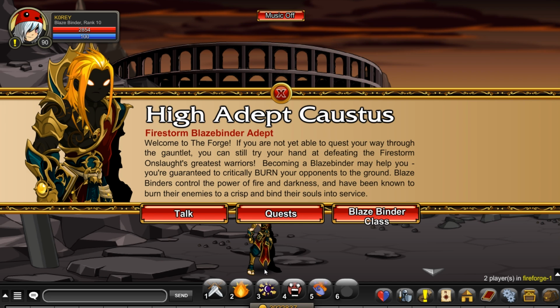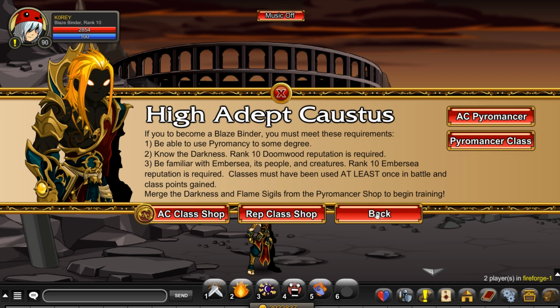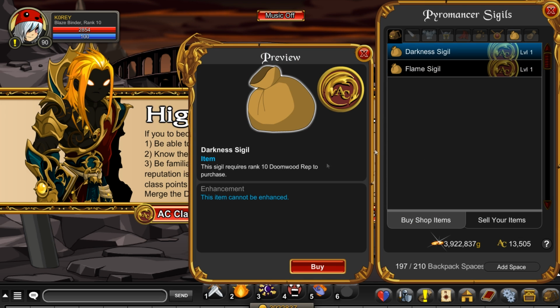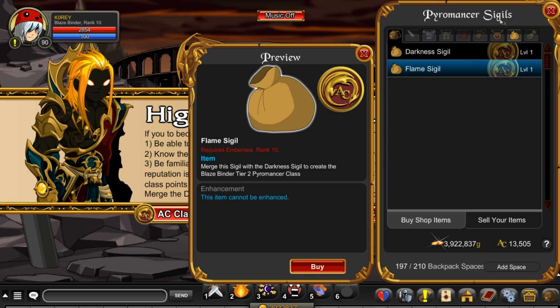It only needs a little bit of class points. You can have like 10 class points on it and you're fine. Come back here, go Blazebinder class. This shop will open, and then grab your sigil that you need. So you need Pyromancer to open up the shop. So grab the sigils, both of them, and then sell back